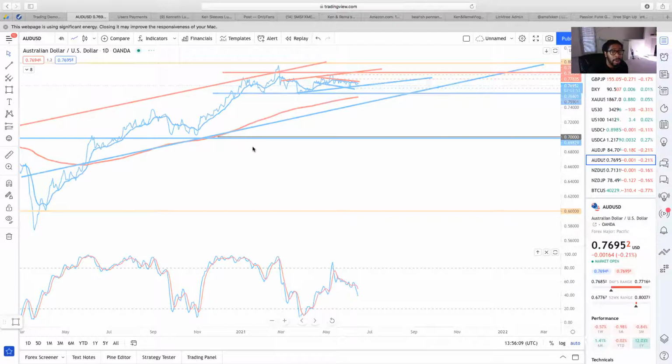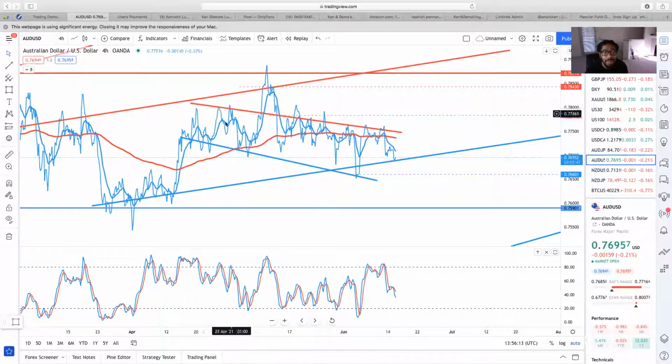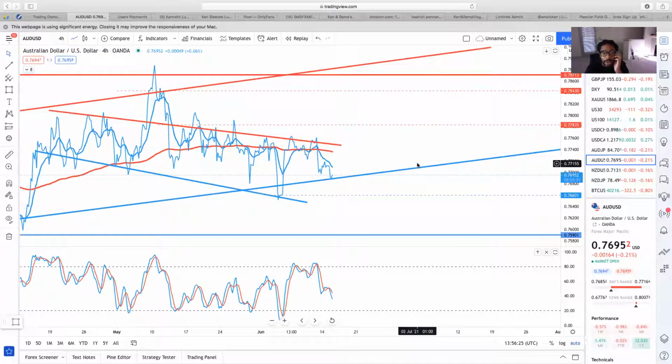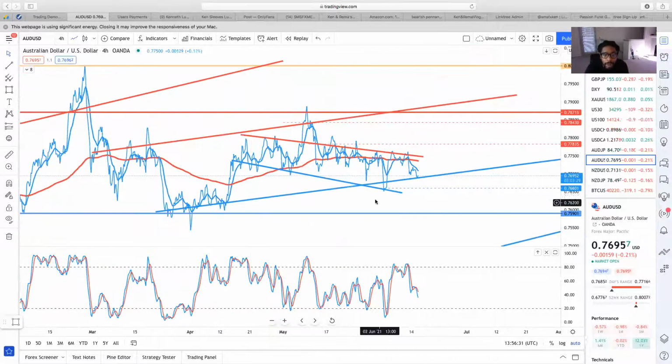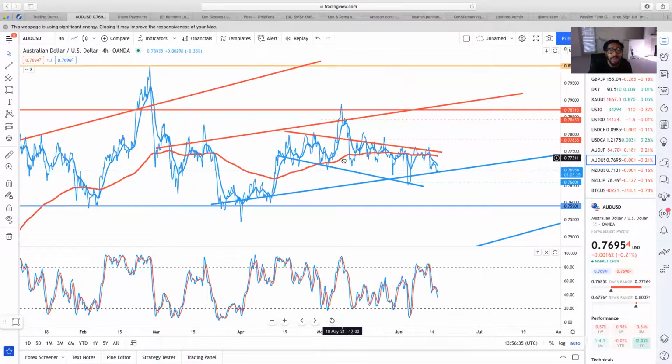Now I just come in and put my weaker ones on. All right, so now we see how all that's lining up. Price came here, you could have sold off. Price came up here, you could have sold off. Here, you could have sold off. Price came here, you could have bought. Here, you could have bought. Here, you can buy, or you can wait to see if it's gonna go down a little more and then buy. Right. So, anyways, this is what we've got going on right now.